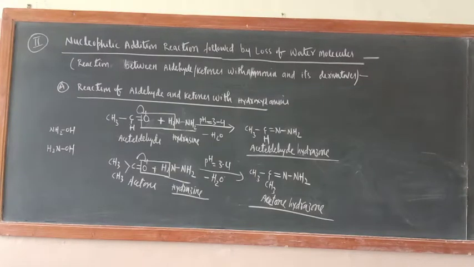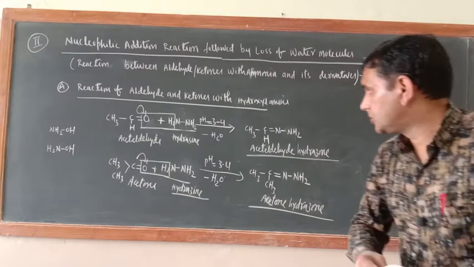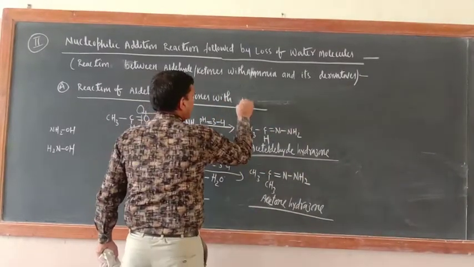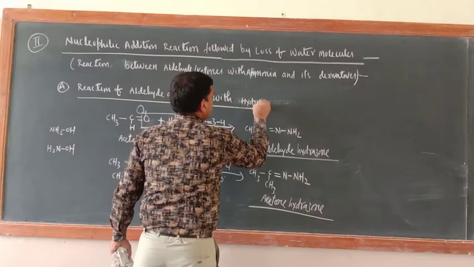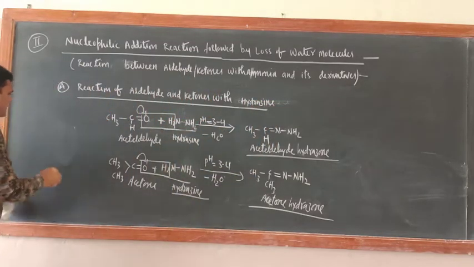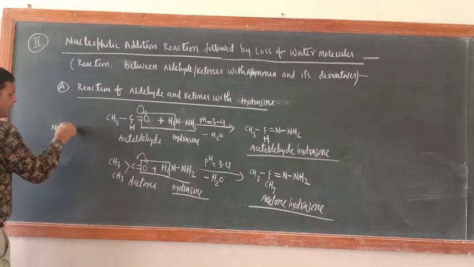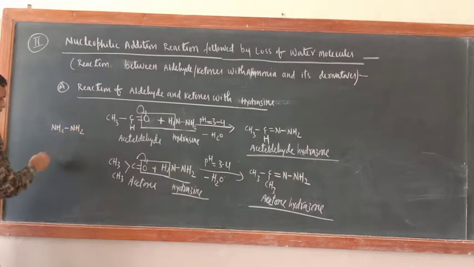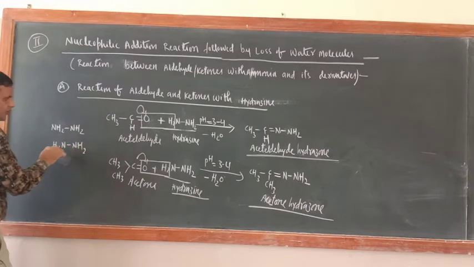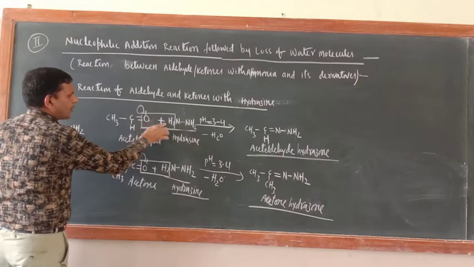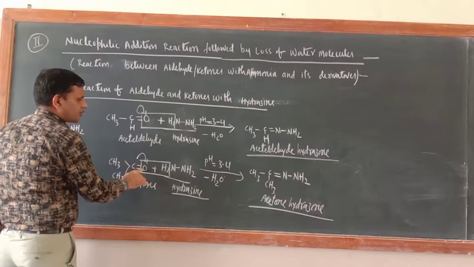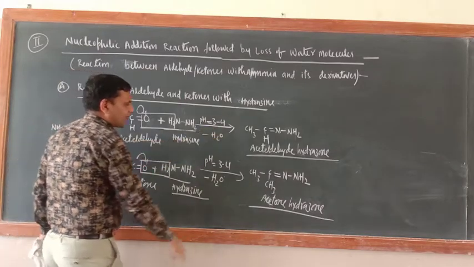Now see the reaction with hydrazine. Here just change the heading to hydrazine. What is the formula of hydrazine? NH2NH2. So we can write it like that also, H2N-NH2. Why should I write this one? So that the removal of one water molecule is possible. H2 and O here, here also H2 and O, rest everything you write.